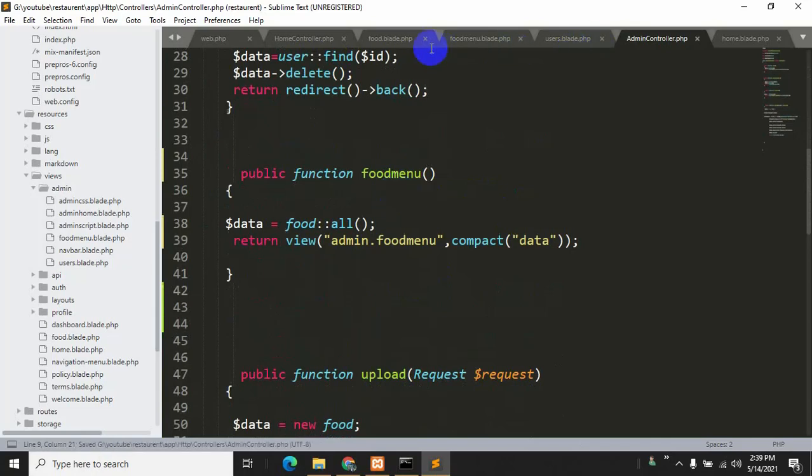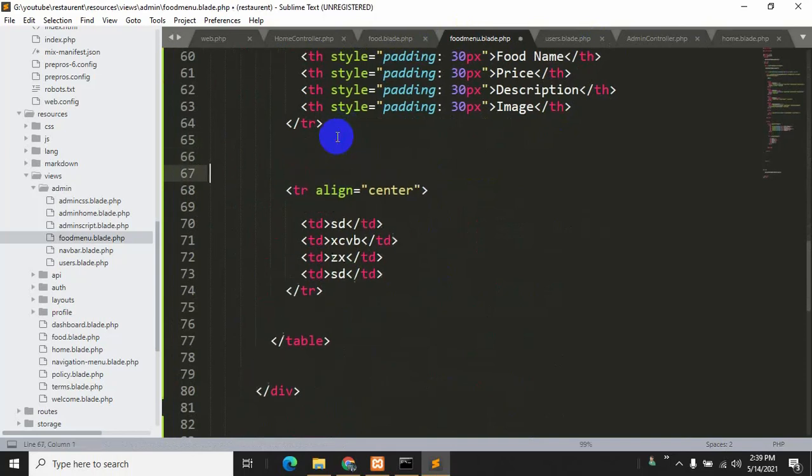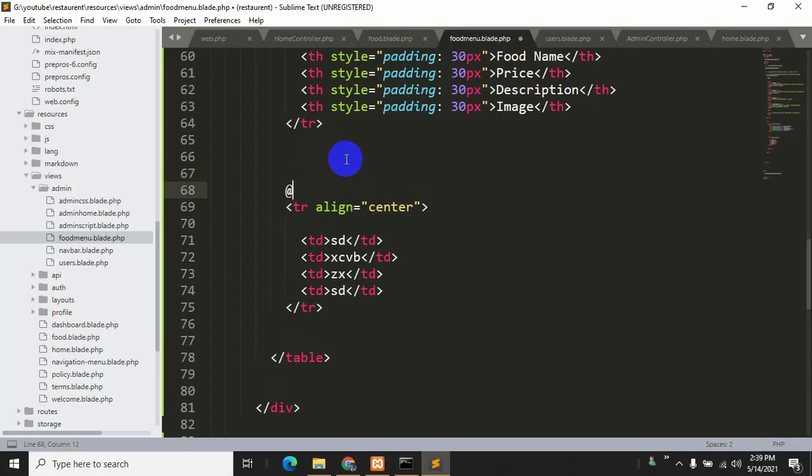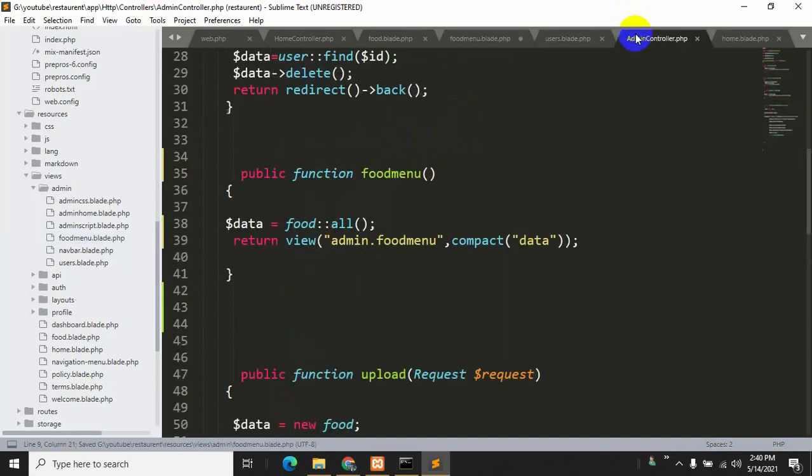Now we will go to food menu, and before this data tr, we will say @foreach, $data as $data. This foreach will end over here, so we'll say @endforeach. This $data is actually coming from the admin controller from here.